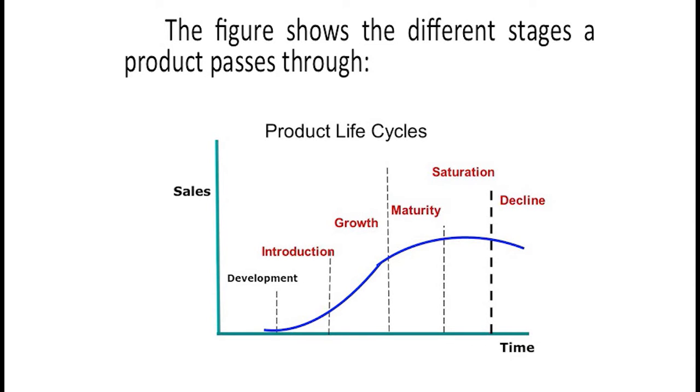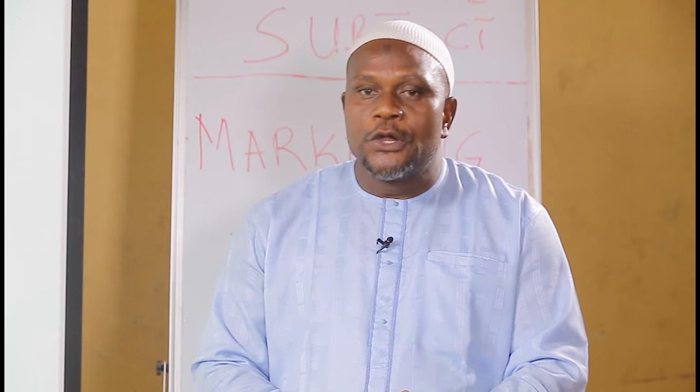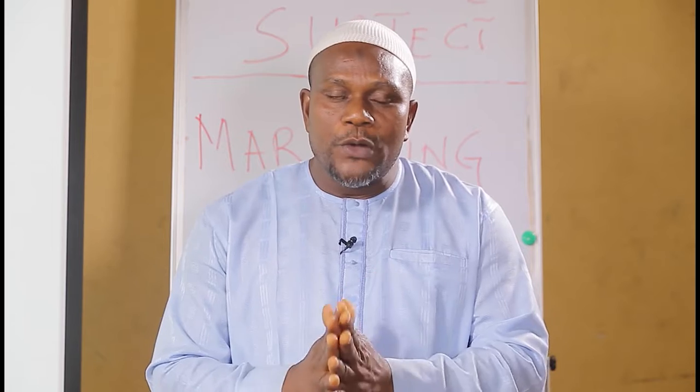Now, if you look at the diagram very well, it's a very, very inviting diagram for you to see. If you look beneath the line, you see what's called development there. At the other side, which is sales, which is the volume. Now, from it, you develop. That is why the dot is there. You look at it from the dot. It is dotted up to the developmental stage, which means all the 8 stages of the product have been well tested.